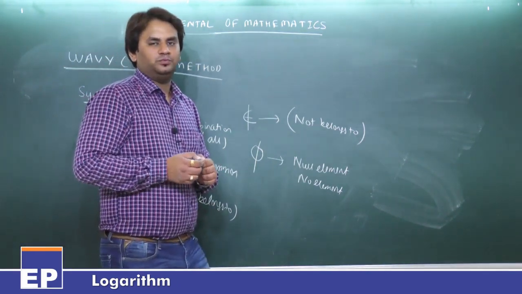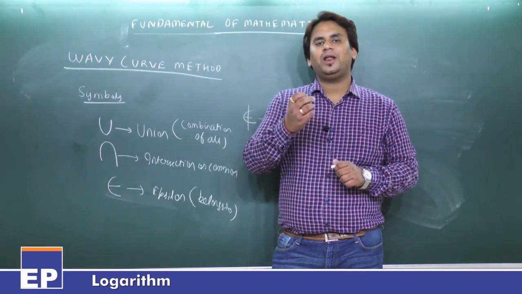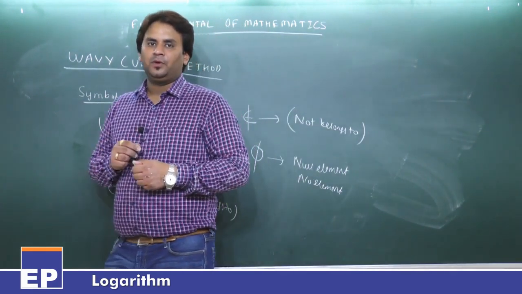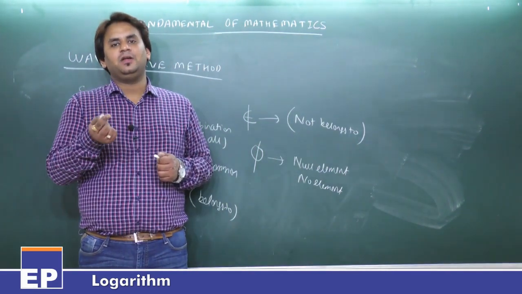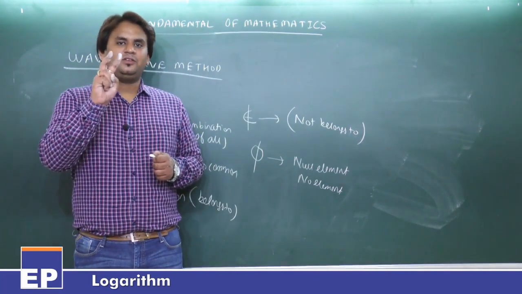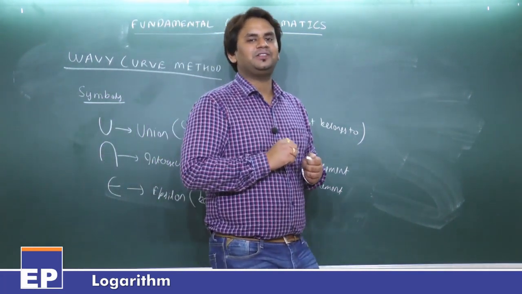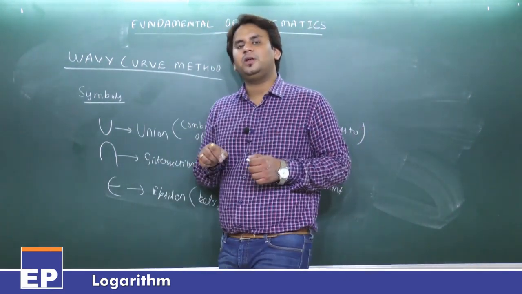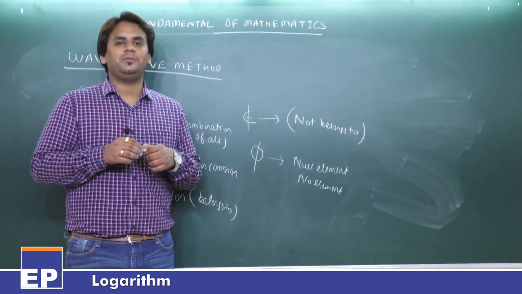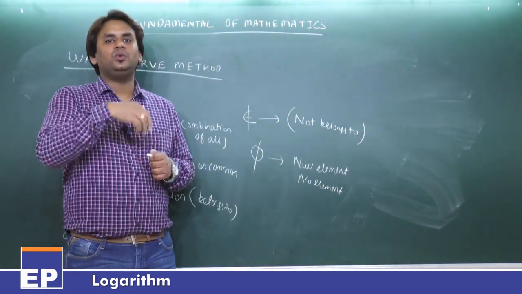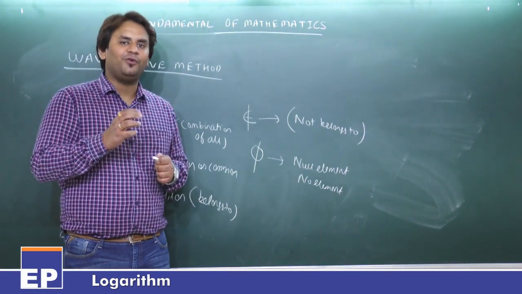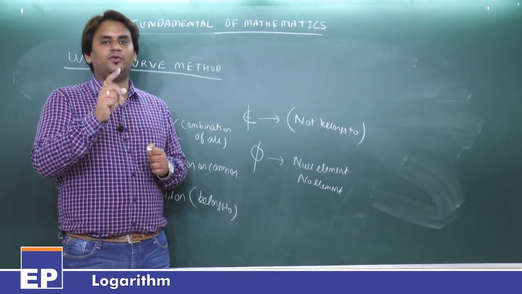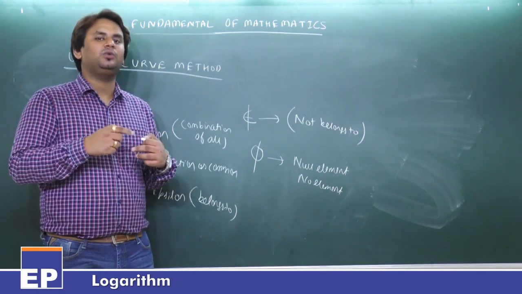Now what is the meaning of U? U is union. If I have four elements 1, 2, 3, 4 and the other person has 3, 4, 5, 6, then two elements are common in both, that is 3, 4. But we have to do union. Union means the combination of all the answers, so you take all the values. So the union is 1, 2, 3, 4, 5, 6.